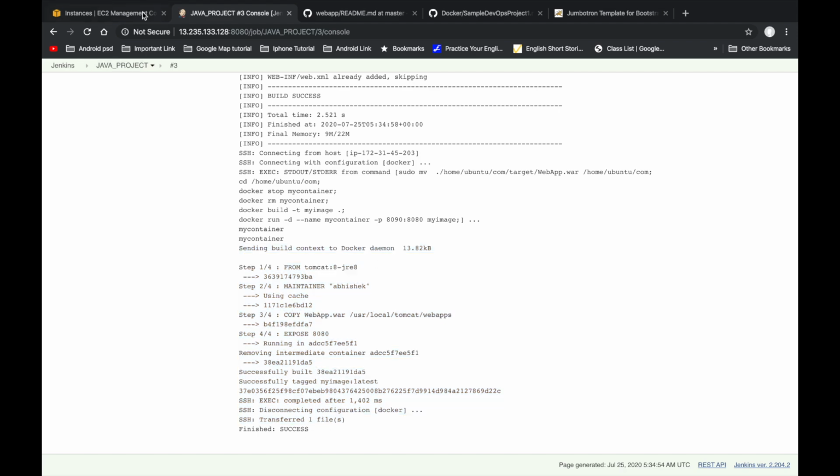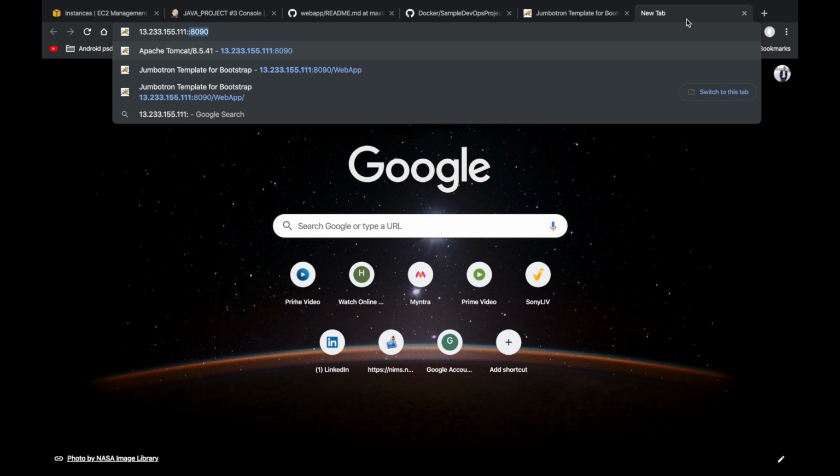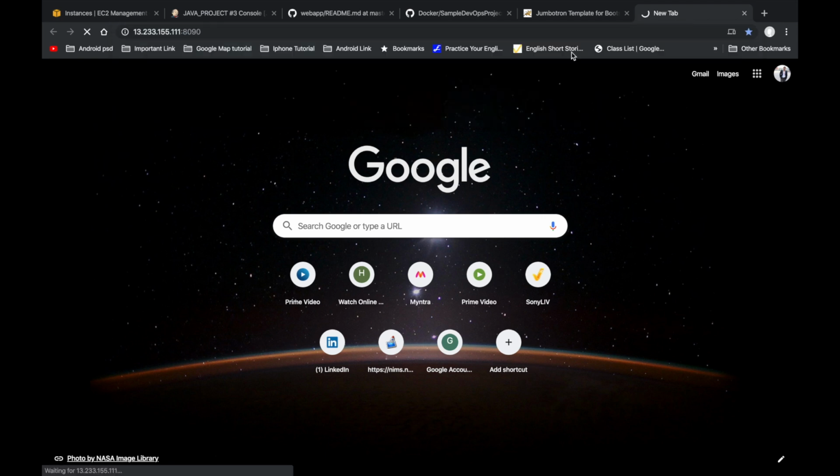So let's go to our server IP address. Copy it and add port 8090. If it is running fine, it will start the Tomcat server.